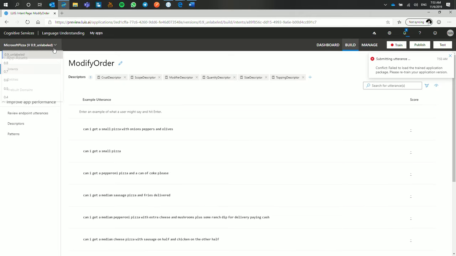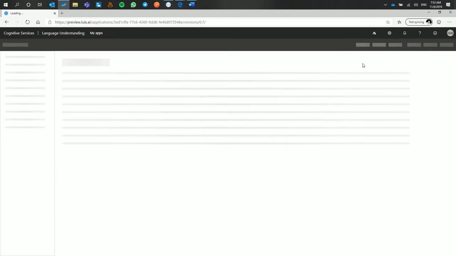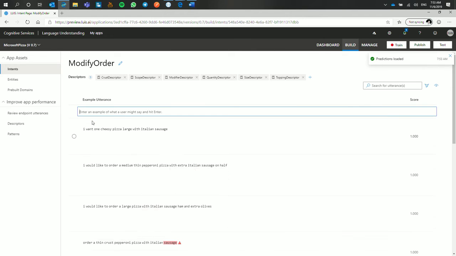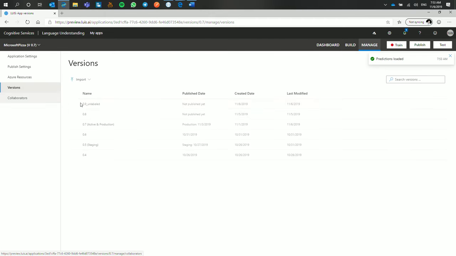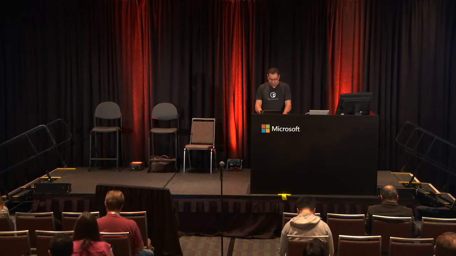Okay. Go to this. Is this any better? Okay. Versions, so I will clone this one into 1.0. So we are currently releasing our Microsoft Pizza Bot.